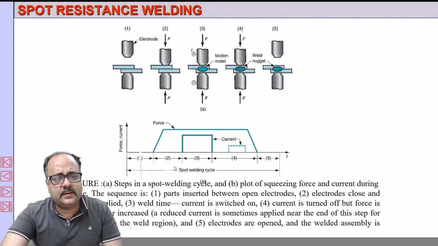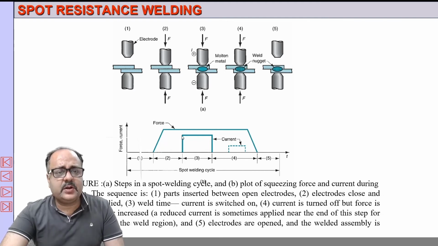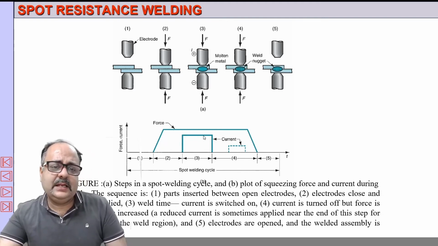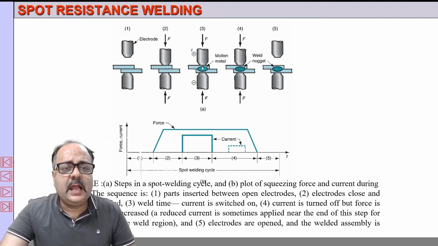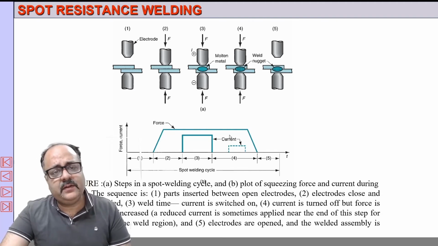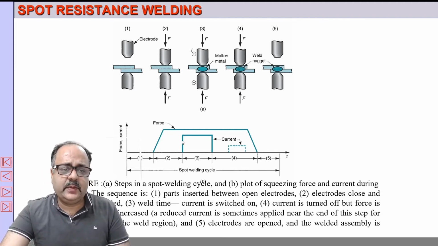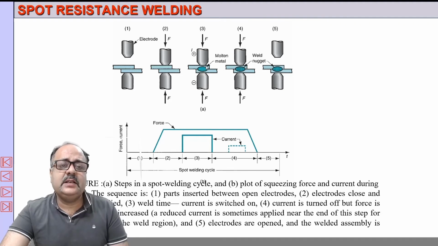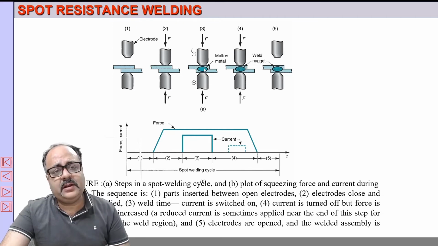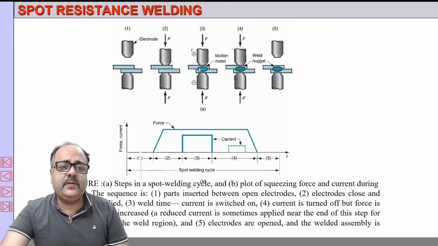Under constant pressure, for a certain specific period of time, we apply electric current. Not just electric current, it's a high density electric current, because the current is passed through a very small area and the amperage is very, very high. As a result of the resistance to flow of current at the junction of the faying surfaces, the heat generated will be very, very high, and it may even reach melting point temperature. It may melt a certain amount of material also. Under pressure, the weld nugget will be formed,